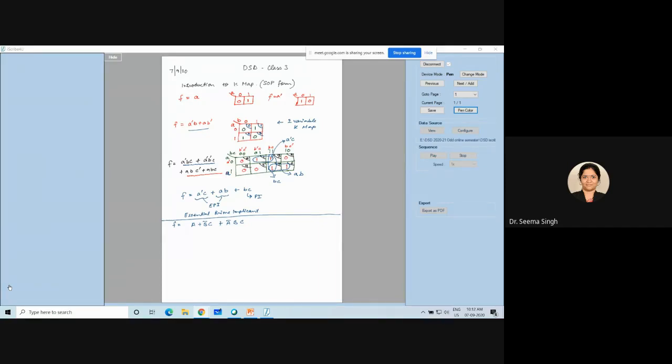I want you to make a K-map for this. Now, can you make it directly? If I give you such a term in which each one is not in the complete canonical form, can you make your K-map? No. So now you understand the importance of canonical SOP. Canonical SOP is required to make a K-map, and K-map is something which our computer system also does. So to fill in the K-map, we require a canonical form only.